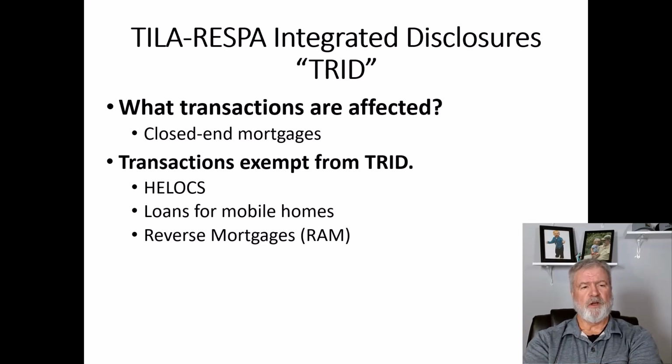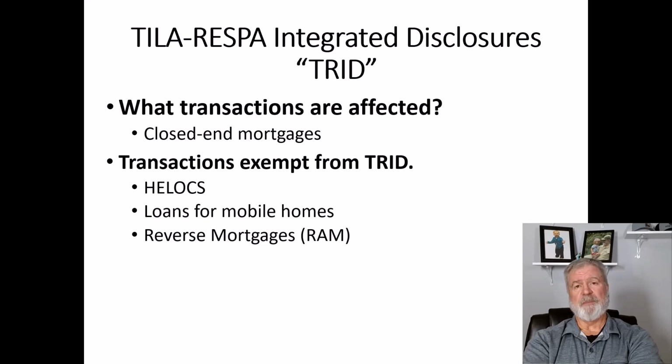But then you'll notice, there's 3 specific types of loans that the law actually exempted from these disclosure requirements. And I got to tell you, one of them in particular really concerns me, but it is what it is. But what's exempt from TRID? Y'all, HELOCs, that home equity line, of course we know because that's an open-end mortgage. Loans for mobile homes, which y'all typically mobile homes are considered personal property when they're purchased. So that would not apply, or probably shouldn't apply, and it doesn't. But the one that concerns me is this last one, that reverse annuity mortgage, or that RAM.